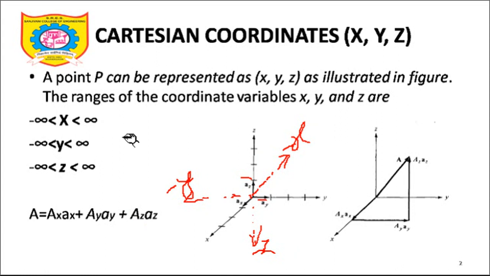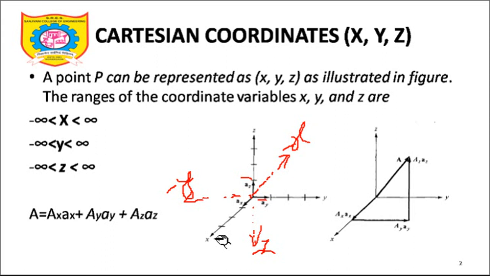Now if I want to find the planes, let's say y and z axes form the yz plane, x and y form the xy plane, and x and z form the xz plane. Similar to that, minus x and plus y, minus x and plus z, minus y and plus z, minus y and plus x, minus z and plus y, minus z and x. So such 6 faces can be formed, and you can understand the Cartesian coordinate system by understanding a simple cubical structure.